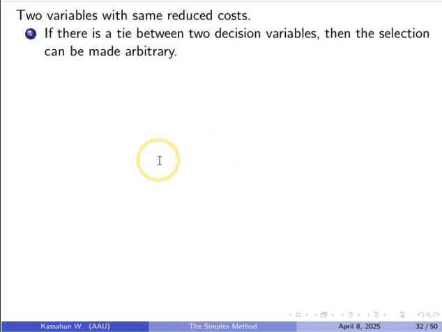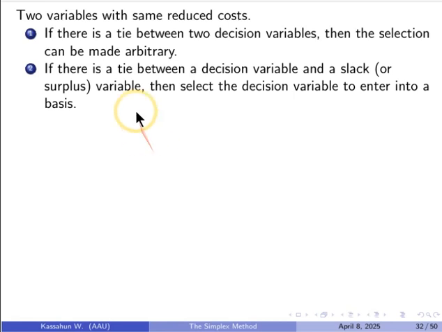Therefore, if there is a tie between a decision variable and a slack or surplus variable, again the selection is decided into a basis. In this case, you are selecting the basic one.